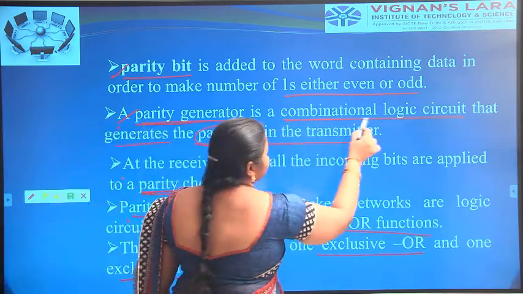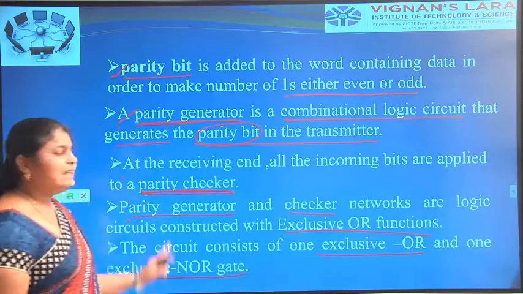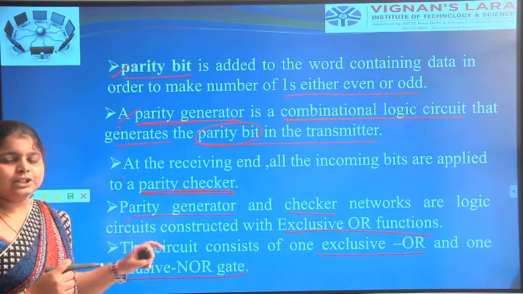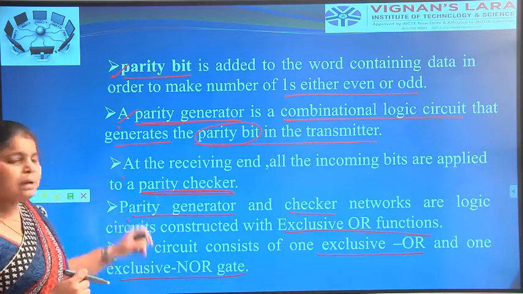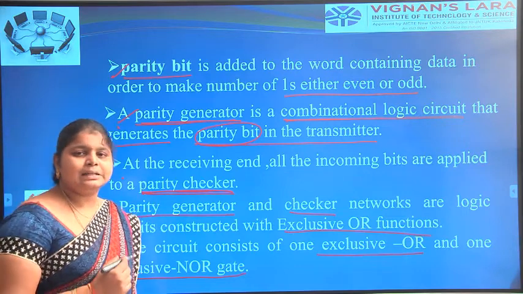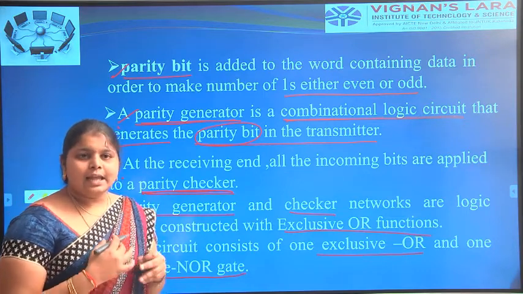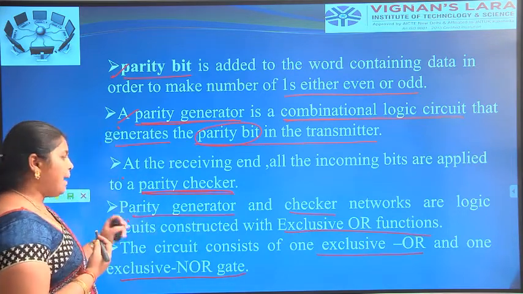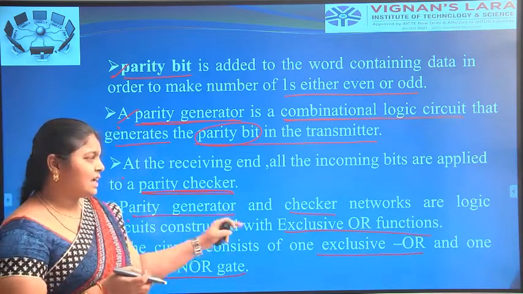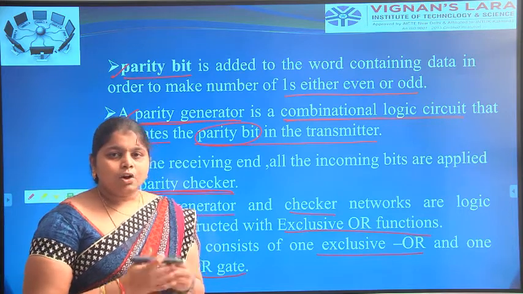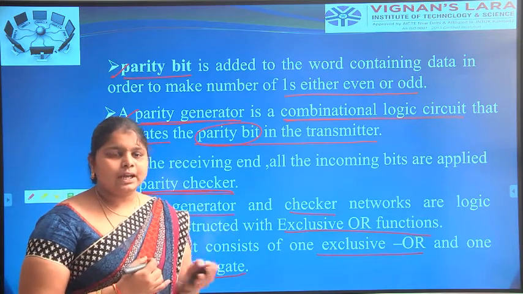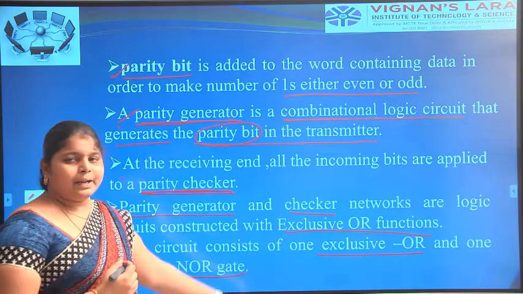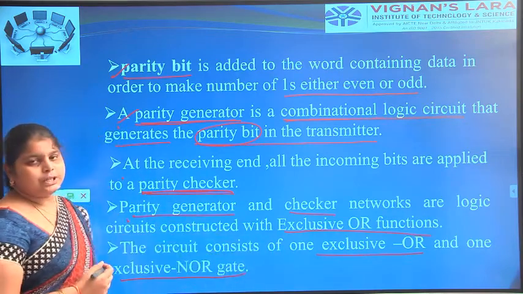At the receiving end, the incoming message is checked using the parity checker, to see whether the message is correct or not, and whether any error is identified. The parity generator and parity checker networks are a combination of XOR and XNOR operations.